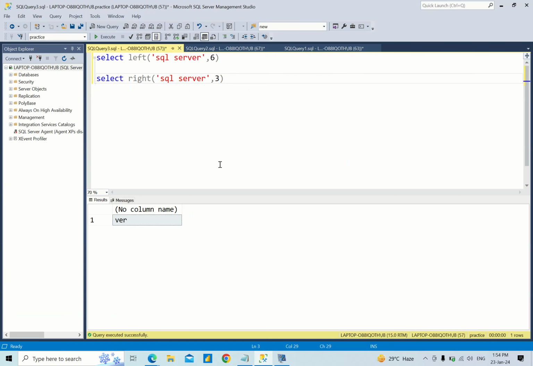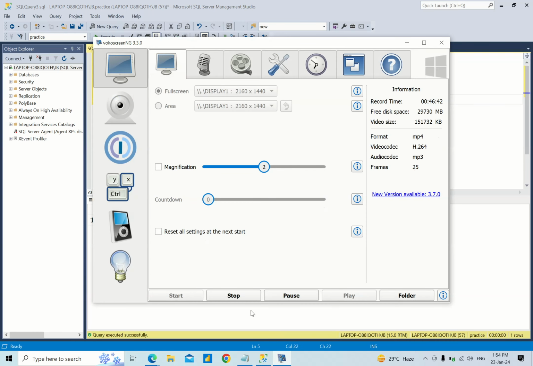See the example. Select REVERSE of SQL. What is the output now? Yes, correct. It will reverse the given string. So this is regarding